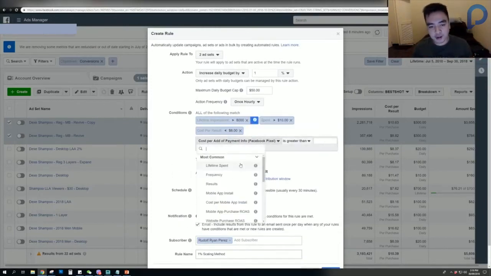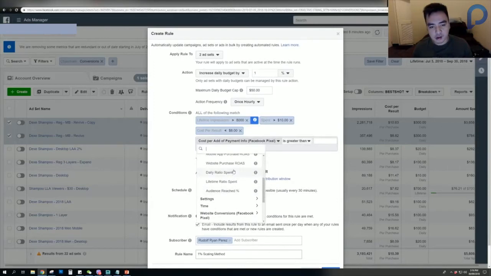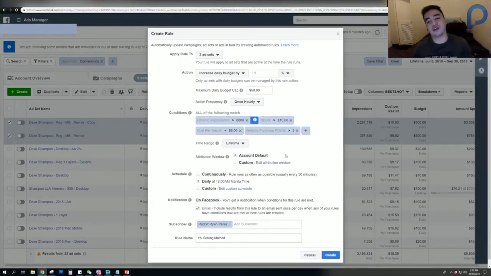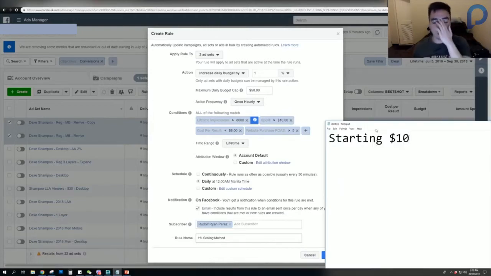And ROAS is greater than 5, okay? Ito yung scaling method na to. So, started with $10 and the conditions is, okay,